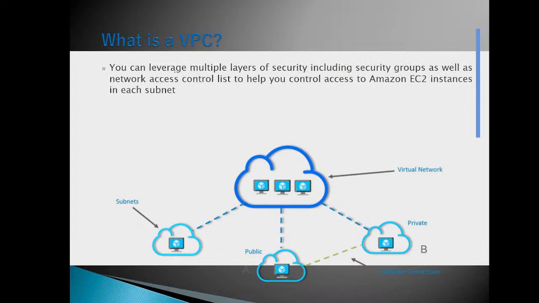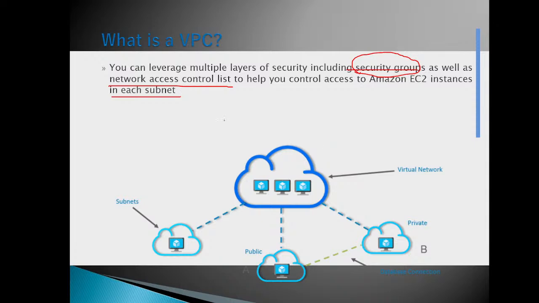You can leverage multiple layers of security, including security groups as well as network access control lists, NACL, to help you control access to your EC2 instance in each subnet. We have seen how security groups work. A security group is the first layer of security on your EC2 machine, which controls and limits the access to your EC2 machine, on which protocol or which IPs it should be connected. We have done that. We'll see more detail in this